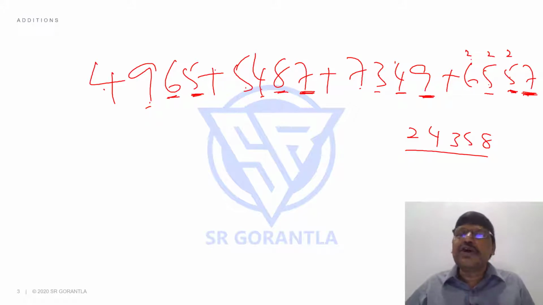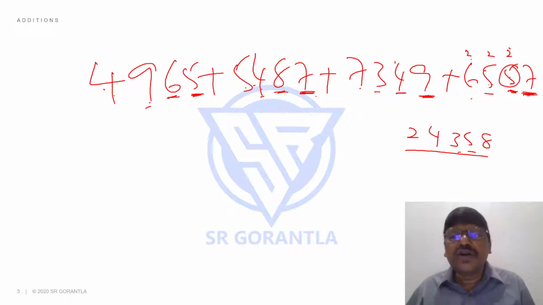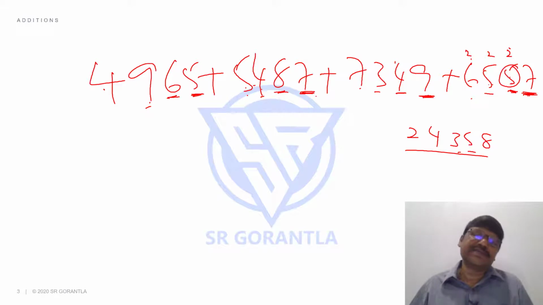And one more thing, students, why do you have to say every time plus something and something? You know you are doing addition, you know there are 7 and 9. So why should we say 7 plus 9 is 16? You should say directly like this: 7 16 23 28. You don't have to write the carried number, you can directly put it in: 2 carried means it will be 7 11 19 25. 2 carried means 7 10 14 23, 8 15 20 24. That's it. Why do you write the carried numbers? Why do you say plus and something and all that? If you are not doing it, it's great, but many of the students have this habit.